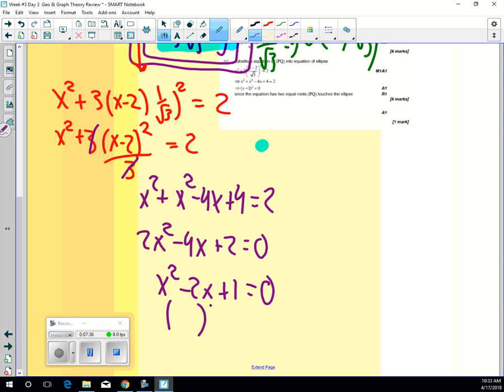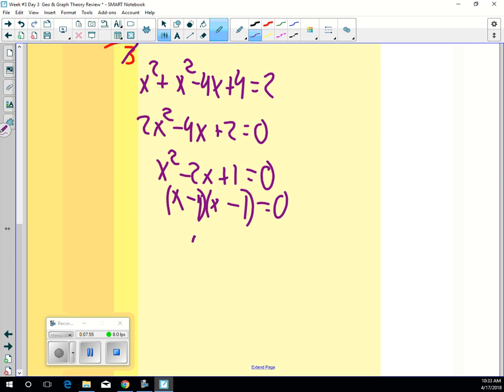Does that factor? How does it factor to get negative 2? Okay. Yeah. So what does this mean if you get (x minus 1) squared equals 0? What does that tell us? That the line and the ellipse